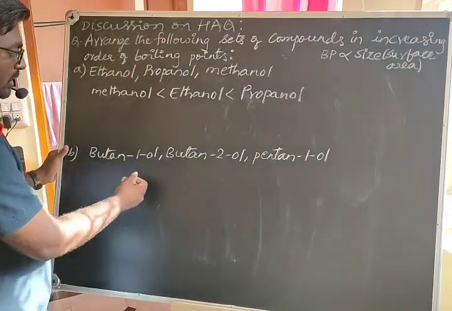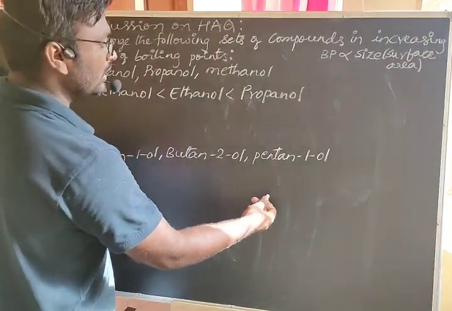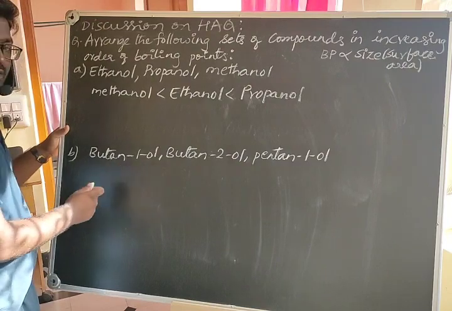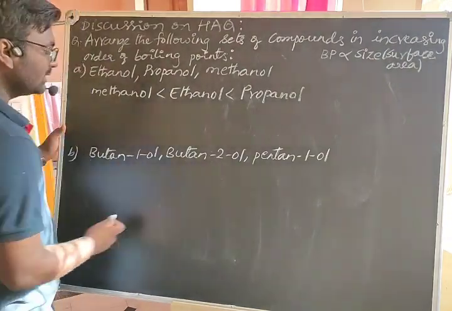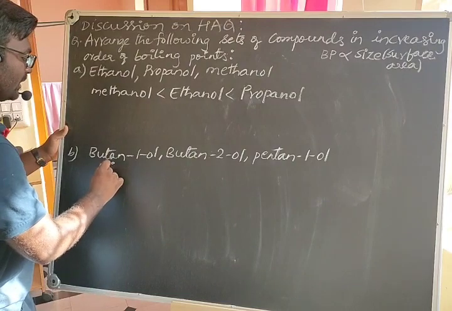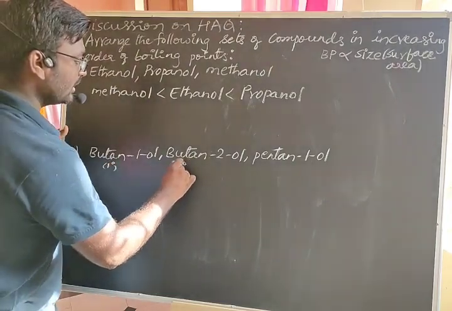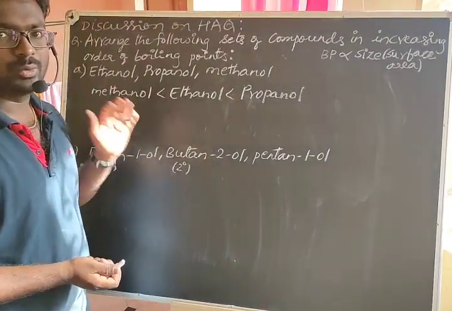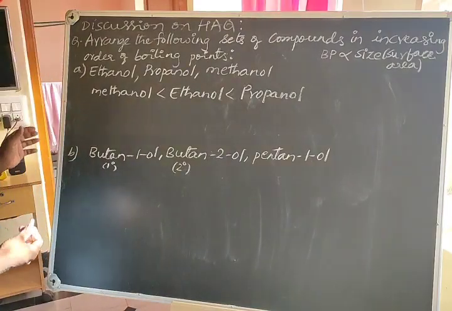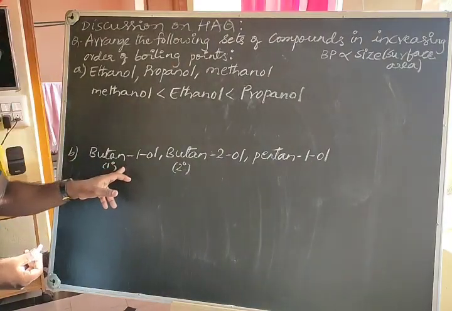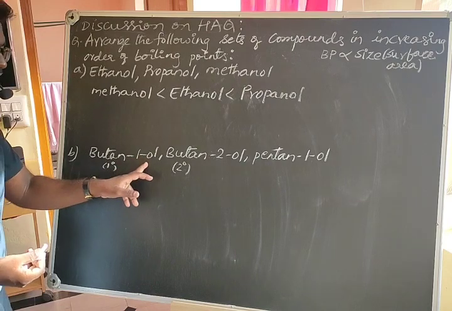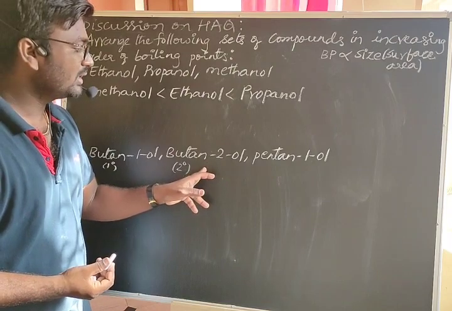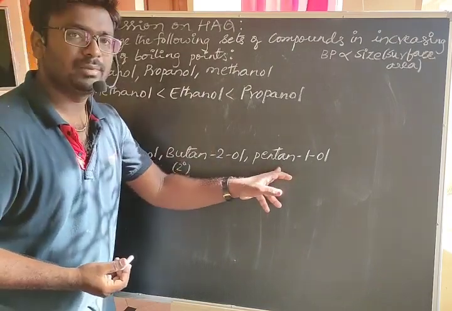Butanol, that is butan 1-OL, butan 2-OL and pentan 1-OL. Here butan 1-OL is the primary, butan 2-OL is the secondary. Means secondary will be having a branched OH. Okay, now here we can see it has 4 carbon atoms in the parent chain with OH on first carbon, 4 carbon atoms in the parent chain, but OH is on the second carbon and 5 carbon atoms in the